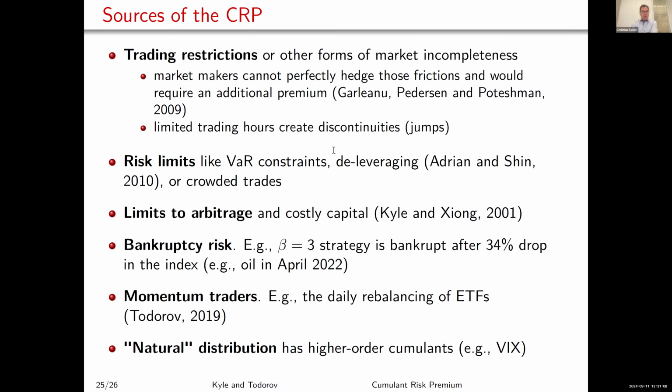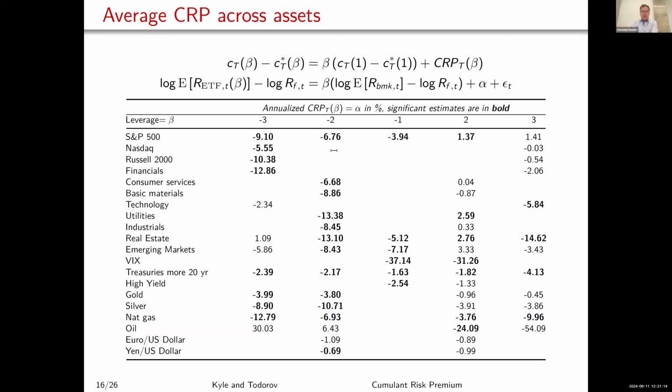Steve Figluski was asking on slide 16 why the VIX was the most extreme example you have. Well, the second most extreme example is oil. I'm going to leave the VIX for Bjorn Iraker if you ever talk with him about that paper. But for oil, we know very well that bankruptcy risk was an issue in April, and you highlight that on slide 25, right? A lot of these funds had margin calls and were not able to profit from the way back. So if you only have the downside and cannot have the upside, then by construction it's going to be an extremely biased measure of whatever you think it is.